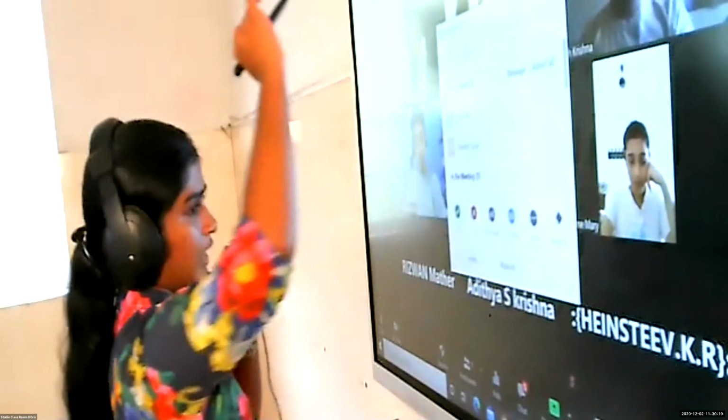In elements, same atoms constitute to form. Same atoms constitute. Okay, very good. In compounds, many elements constitute, different elements. Atoms of different elements joined together in the case of molecules of compounds, and in molecules of elements, same atom. Very good. Give an example for molecules of compound.